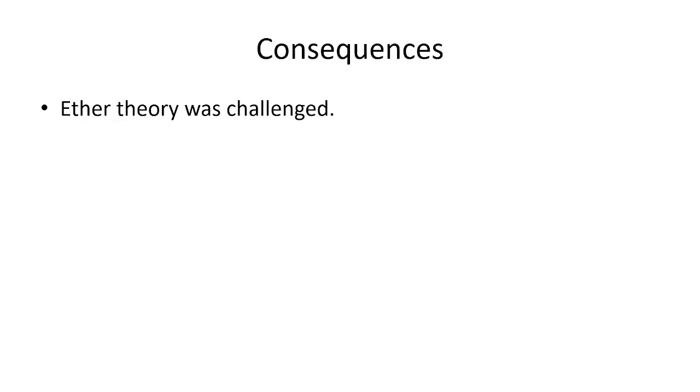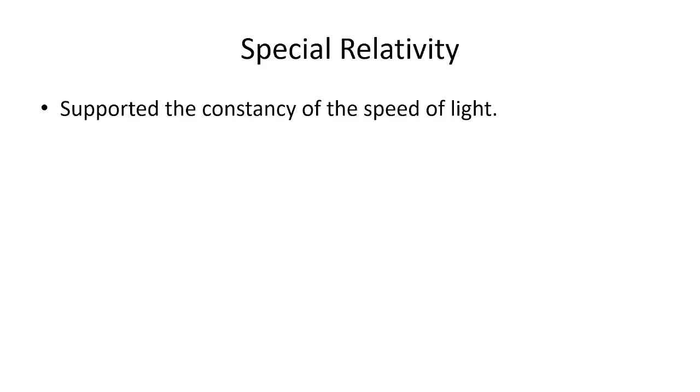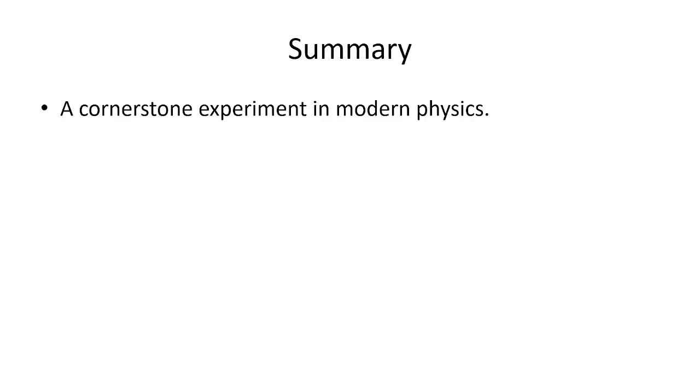Ether theory was challenged, and this experiment supports the first postulate of the special relativity, which says that the speed of light is constant for all inertial reference frames. This is a cornerstone experiment in modern physics and supports